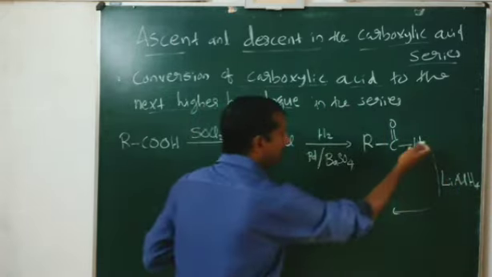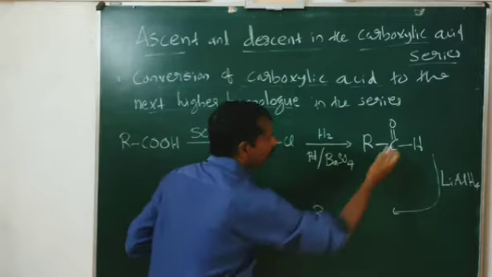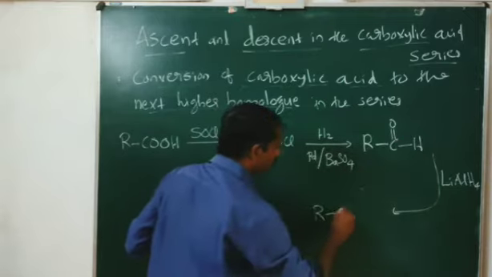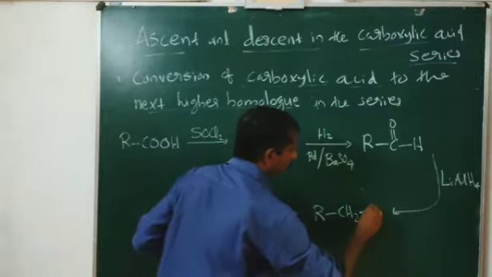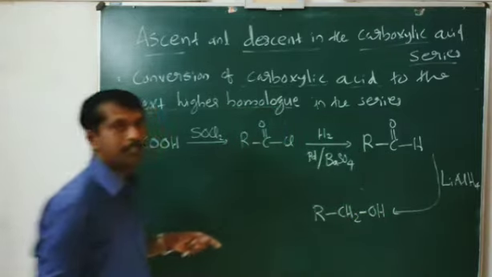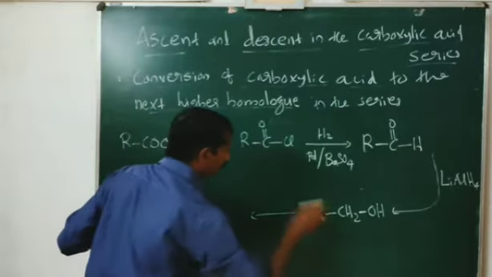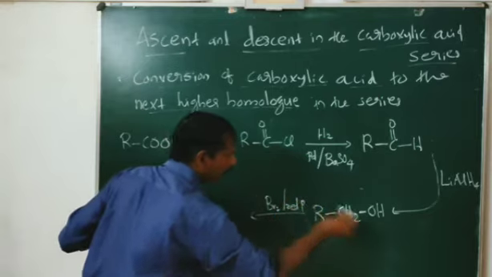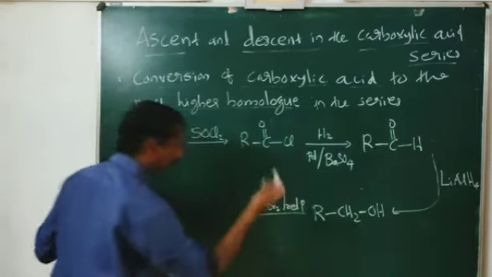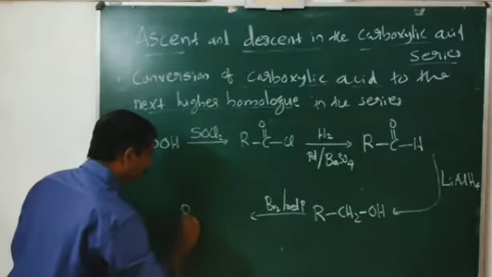LiAlH4. So aldehyde will be converted to alcohol, that means CHO group will be converted to CH2OH. This also we have studied. Now in the next step, look here, this alcohol is treated with Br2 in presence of red phosphorus. Then OH group will be substituted with bromine. So what we get? We get